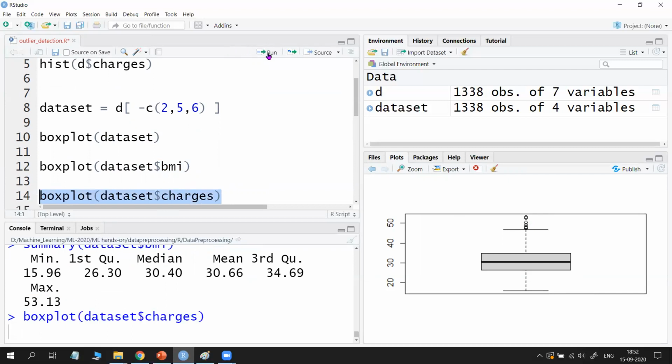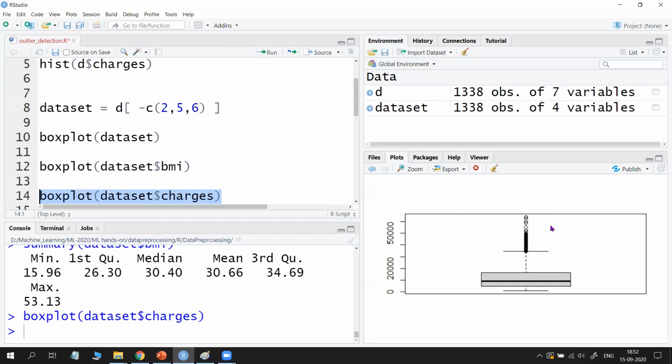Select and run. See, in charges also, this is the range defined. Above some 50,000 values can be considered outliers. Only a few values have a charges value greater than 50,000. If you remove those, then your analysis is good and you will get good results.